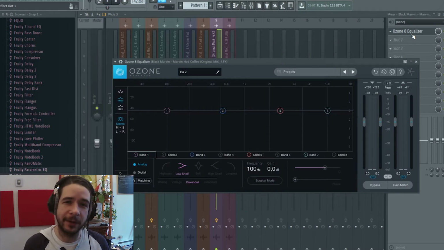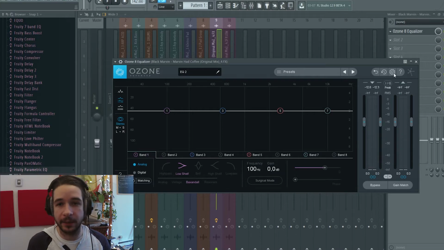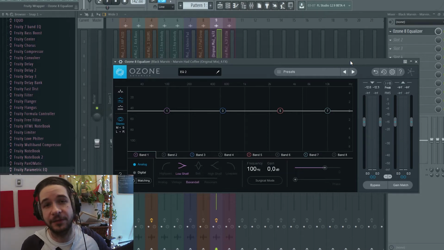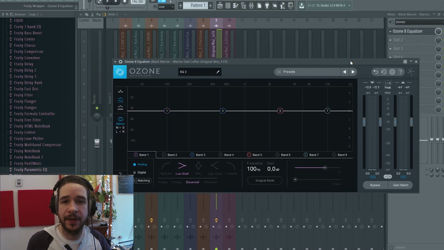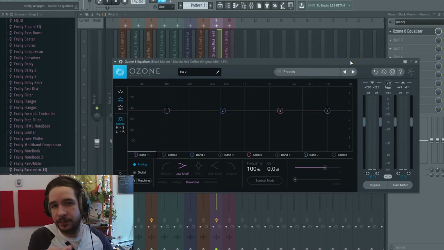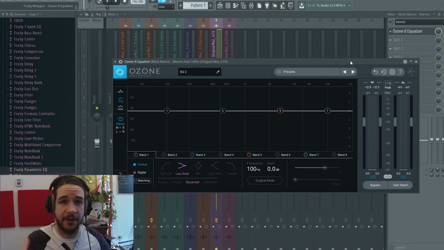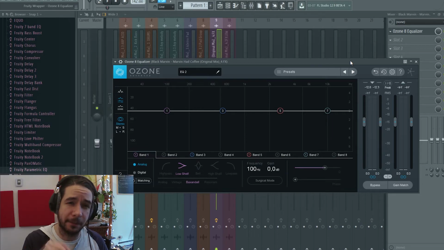So in this one, we are going to work with a different EQ. We're going to work with the Ozone 8 Equalizer. Why? Because there's more features, there's more stuff we can do than with the FL Studio Parametric EQ2, which is a good EQ, but pretty standard. And pretty much you guys that are watching and that are not on FL Studio, you're probably going to face the same limitations with your digital workstation equalizer, because we're gonna tackle mid-side EQing